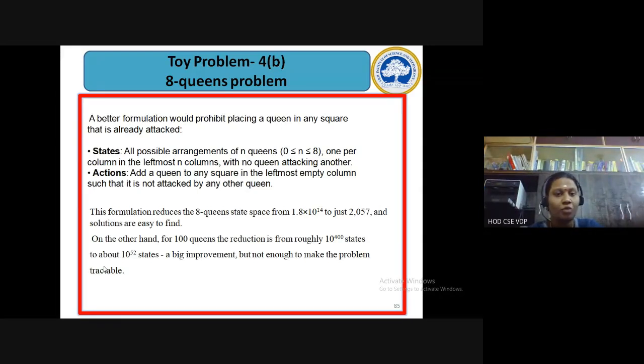So I think this toy problem is fine. You just have to explain the position of the queens. Probably you have to use backtracking and solve the 4 queens problem. That is enough. You don't have to do it for 8 queens. And then you have to explain all the AI components with respect to the 4 queens problem, right? So that is all about this particular problem.